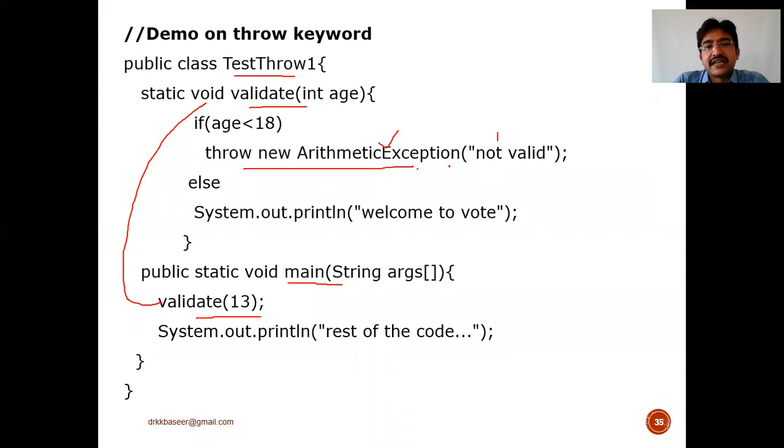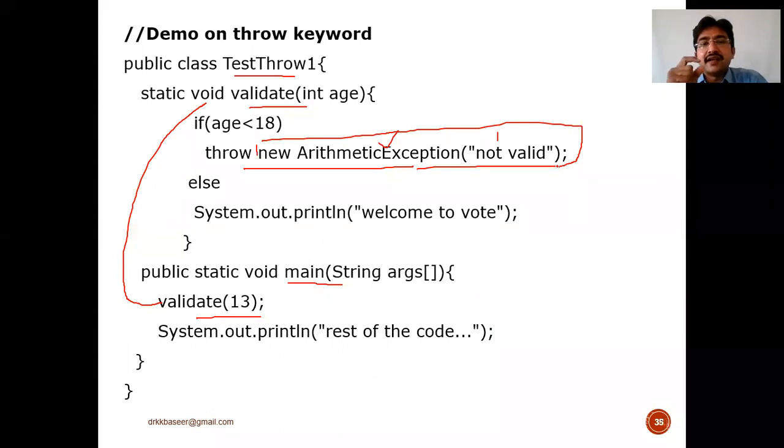So in this entire line, throw new ArithmeticException of not valid, we are creating an ArithmeticException object that we are going to throw. That is the right-hand side. We are creating an ArithmeticException object and throwing it with the help of the throw keyword.